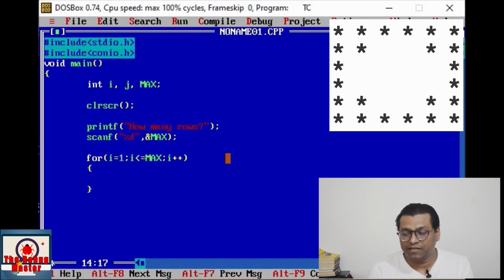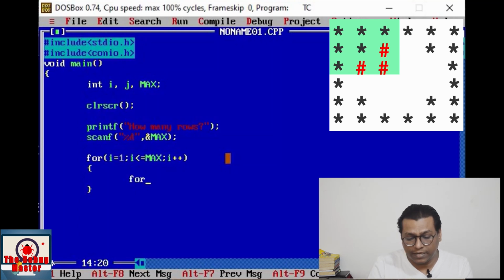And see friends, the first part of this star pattern that we shall proceed to print is highlighted. It is a simple star pattern. For that we shall write a for loop of j is equal to, see, it is a descending order star pattern. So here simply we shall write j is equal to max, j is greater than or equal to i and j minus minus, right friends?